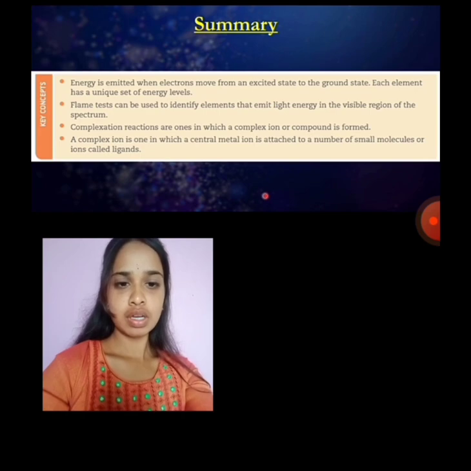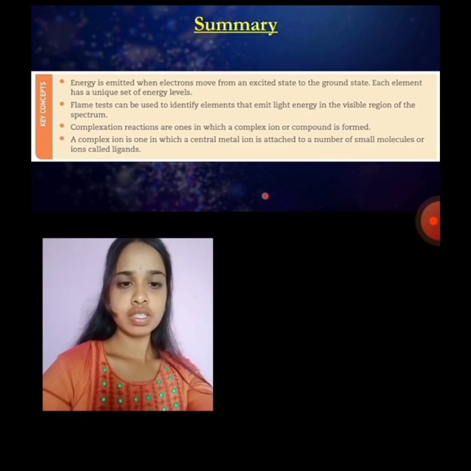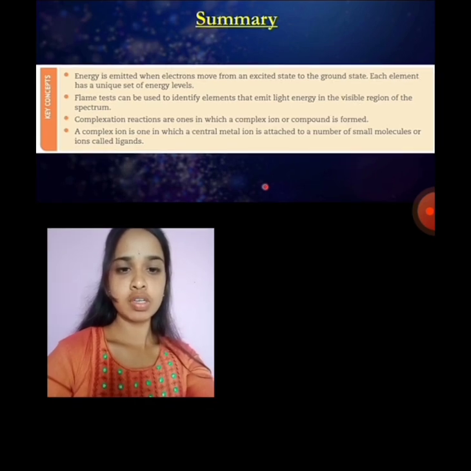Complexation reactions are ones in which a complex ion or compound is formed. A complex ion is one in which the central metal ion is attached to a number of small molecules or ions called